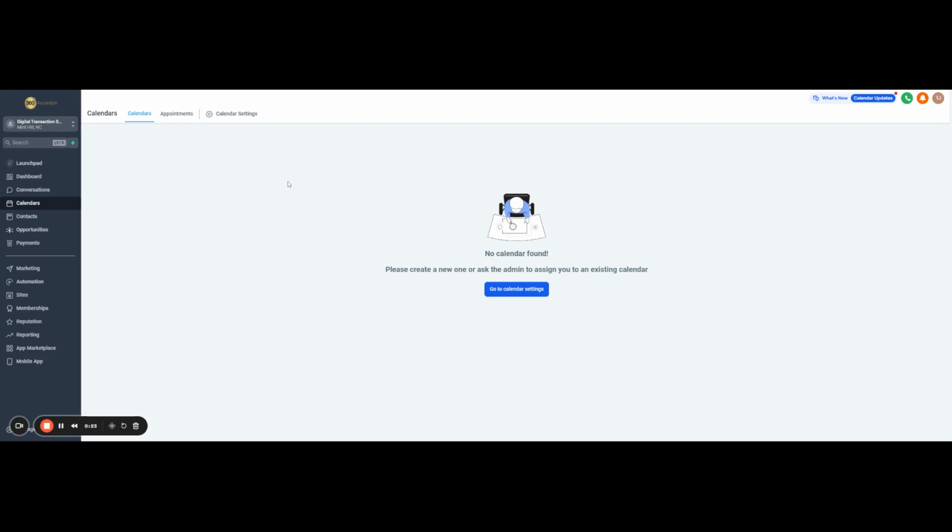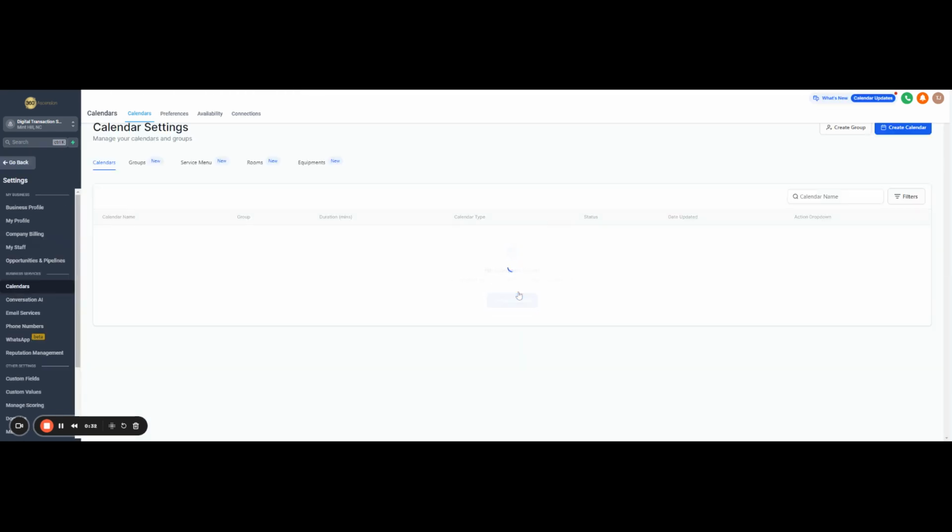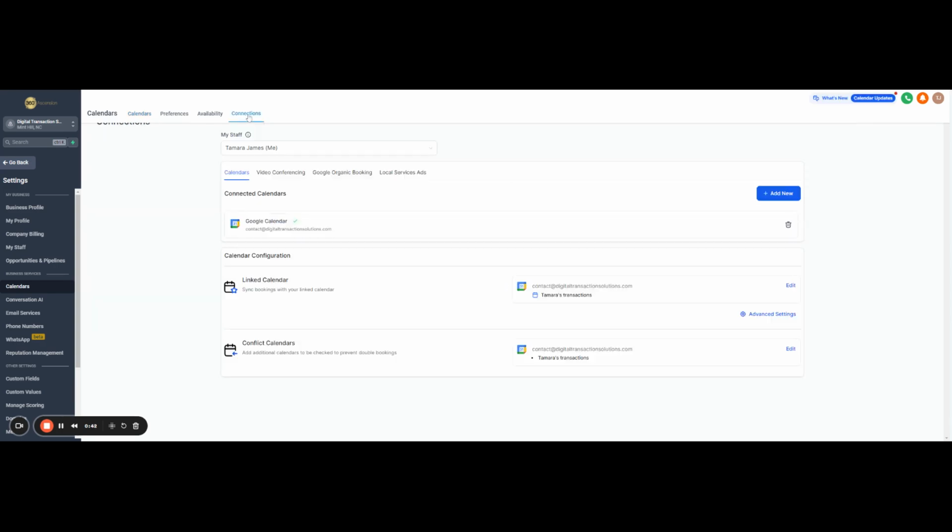So we'll do that by going to calendar on the left hand side. We already have this screen open, so we will click on go to calendar settings in the middle button here. And then we will click on connections at the top, the top middle of the screen. And then in the bottom area where it says conflict calendars, on the right hand side, we're going to click